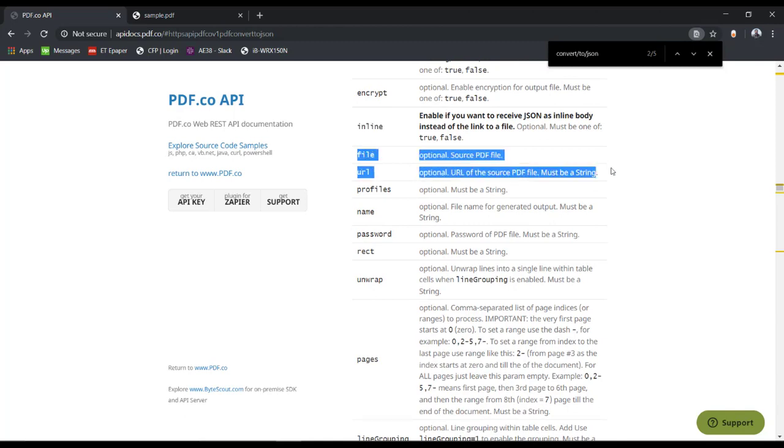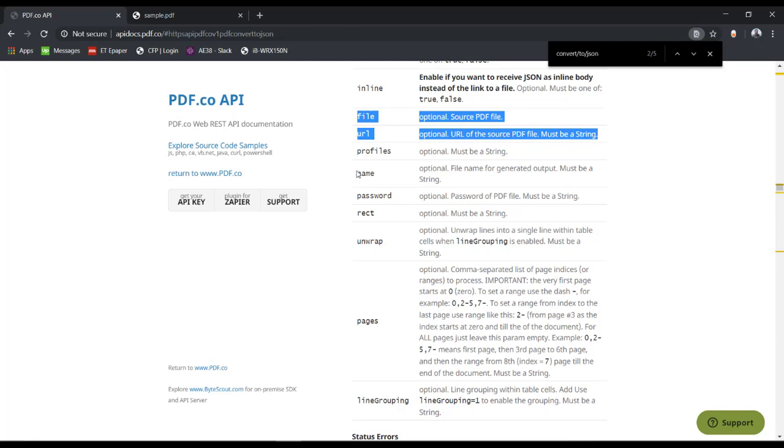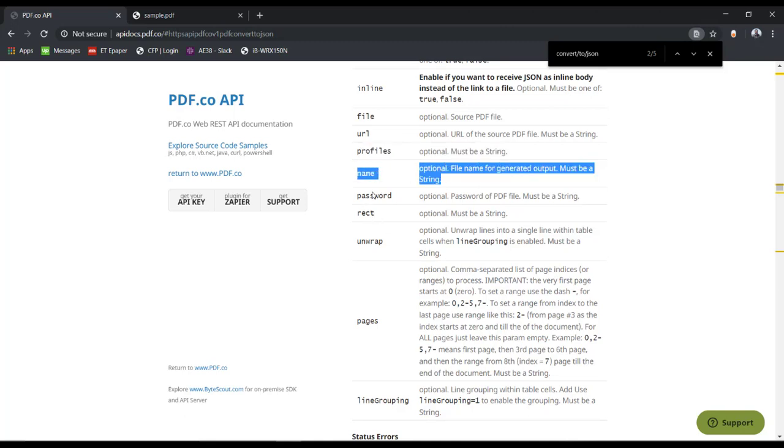These are the input parameters. If we want to provide the URL directly as input, then we can use the URL, or if you want to upload the file, then we can utilize this file parameter. These are the profile parameters, if you want to provide additional settings. Here is the name of the output file.